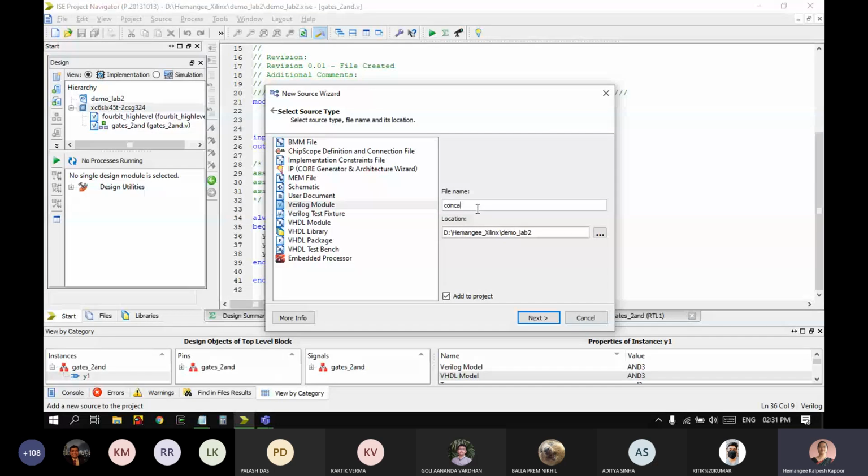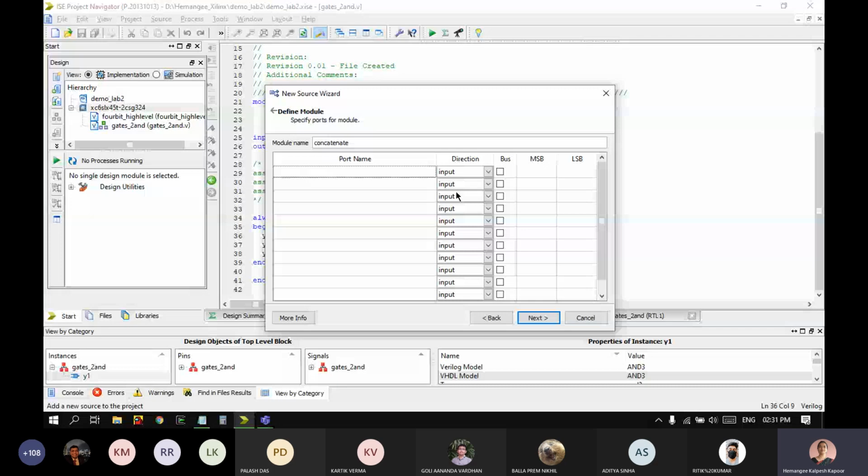The program name is concatenate. It's a Verilog file, and again to demonstrate this, I will have input A1, A4, which is a 4-bit input, and I have B8 and D8. These are my outputs.